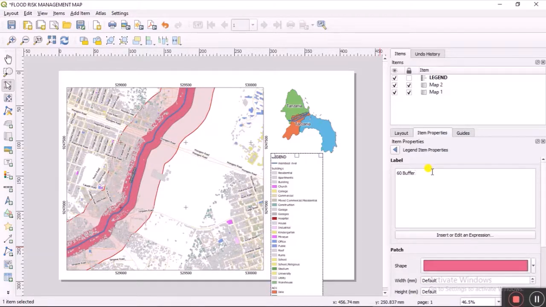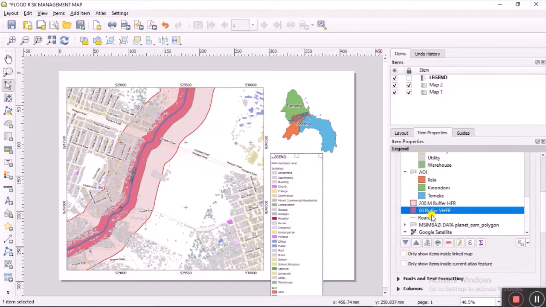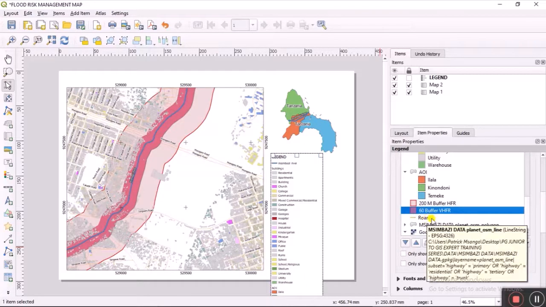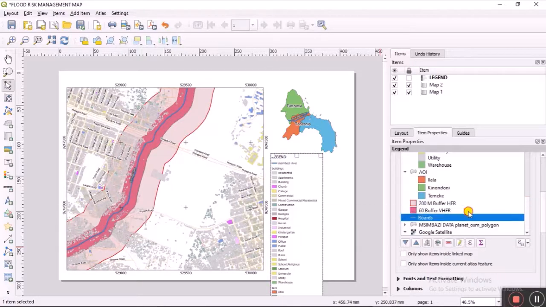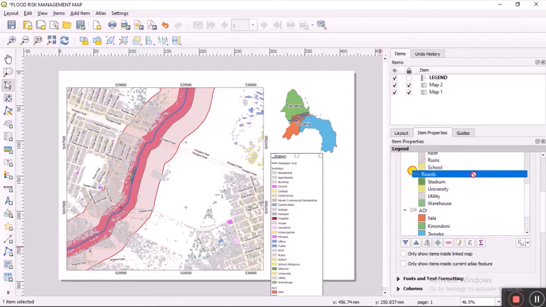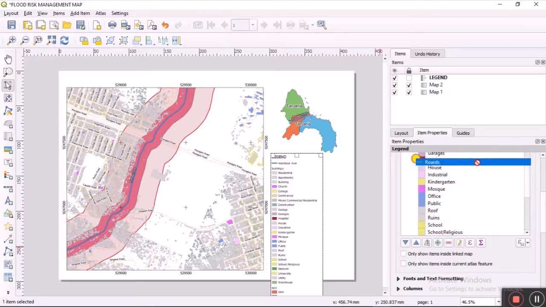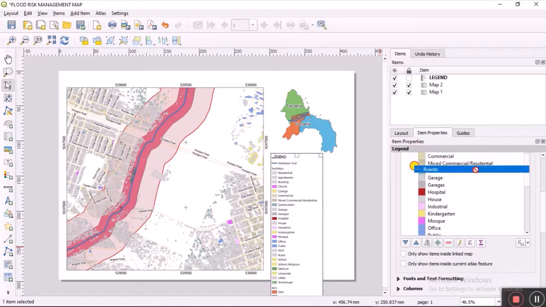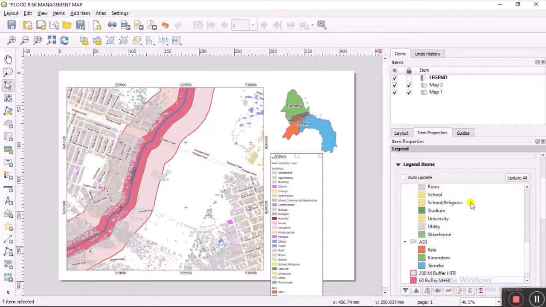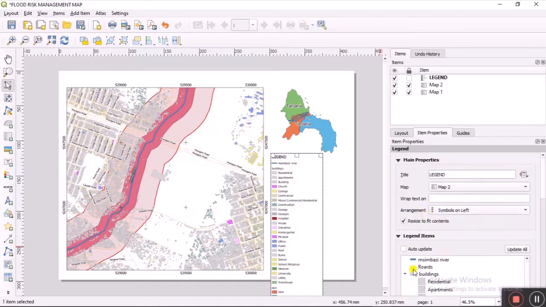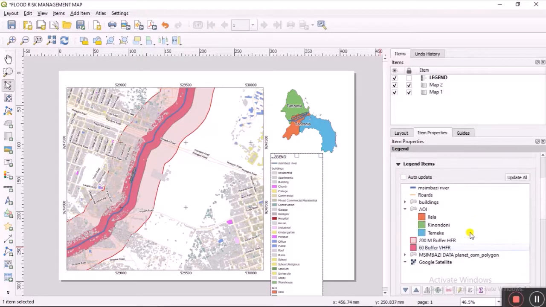And this one is actually a very high flood risk. You can have roads, and then we have to take road up here. Just have to take it to this part here. We can then minimize this one,